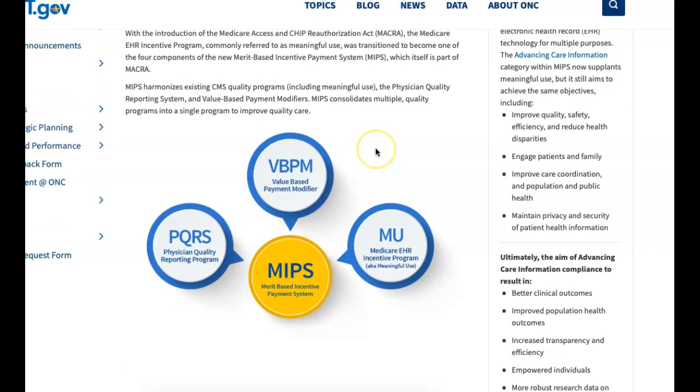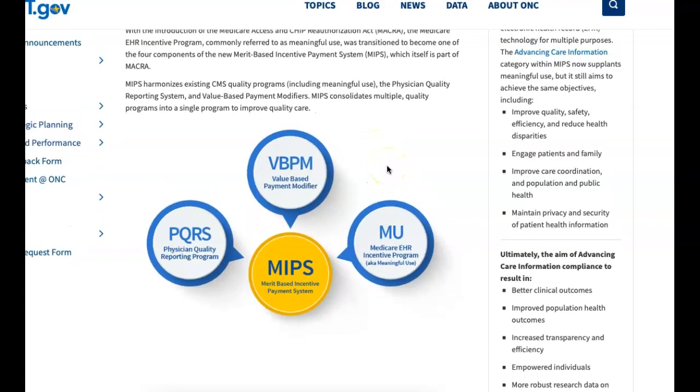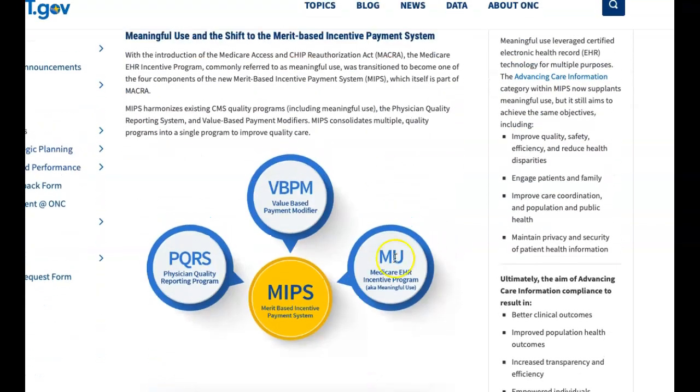Healthcare transitioned into this Medicare merit-based incentive payment plan, which, on the right side here, is the Medicare EHR incentive program. If you don't have an EHR, an electronic health record, then Medicare is not going to reimburse you for services. So moving into that paradigm, I think, was helpful. I'll save this website so you can take a look at it on our course content, but there's a lot of information that's also discussed in the video, which will be in the course content as well.